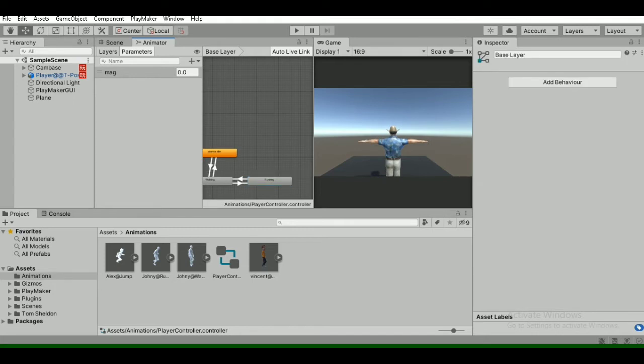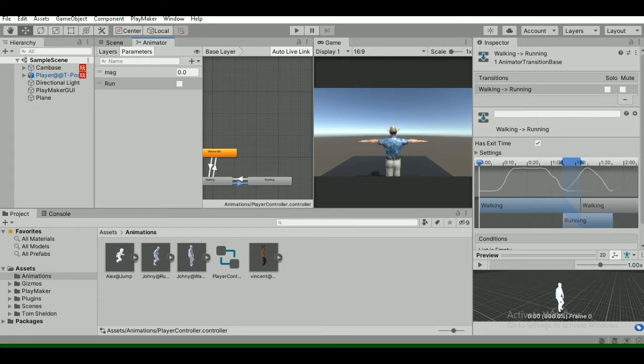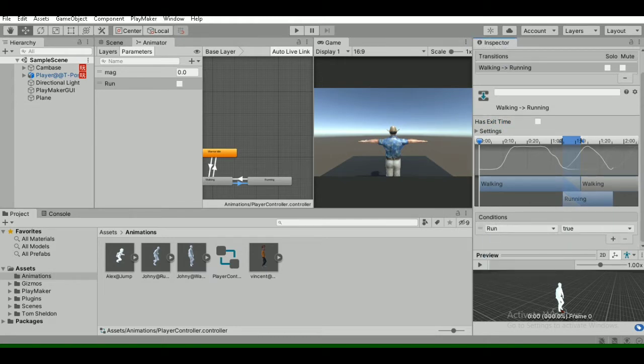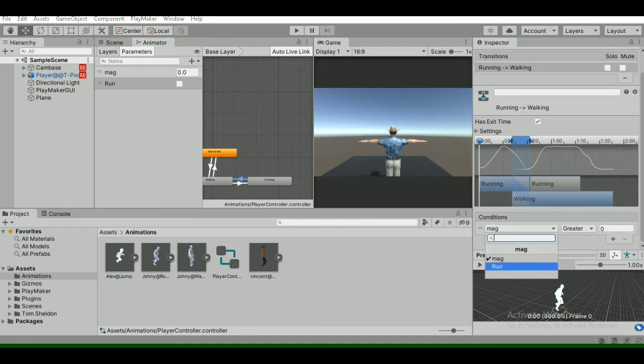Now we just have to add a new parameter here, bool, and rename it as run quickly, and just select this arrow and uncheck this has exit time option and add: if run is true, then character should switch from walk to run, and if run is false, then character should switch from run to walk or run to idle. So that's the basic concept we are applying here.